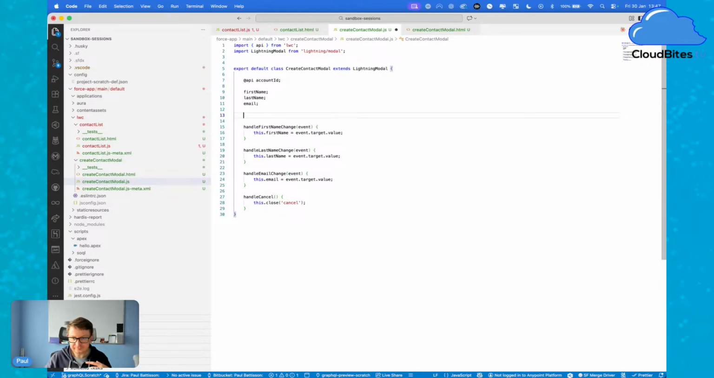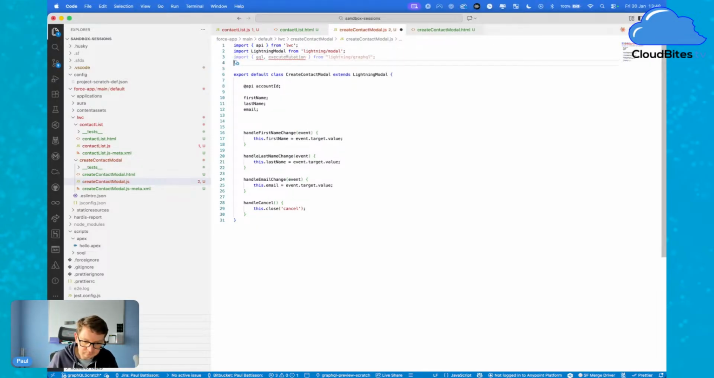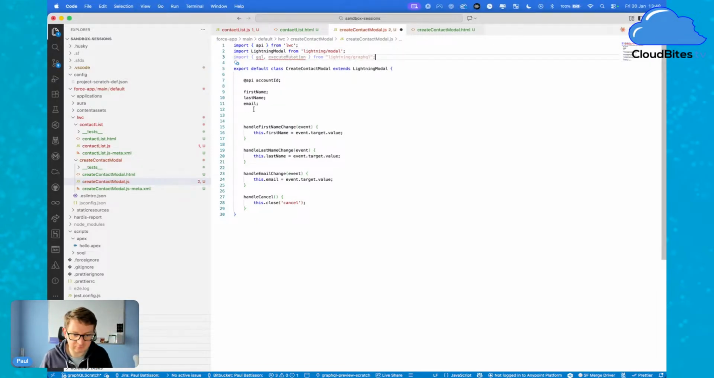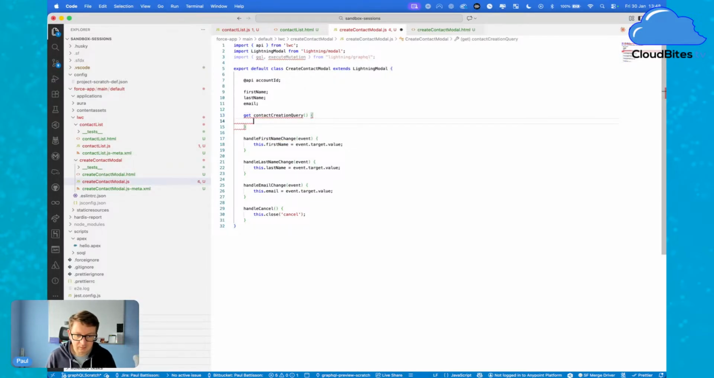So with that, we're going to need to import our GQL and our execute mutation options again from our GraphQL module. And then I'm going to define a function here called get, and it's going to return our contact creation mutation query. Doesn't really make much difference. That is just a standard getter method, and that's going to allow us to retrieve what we need as and when. And that is going to return